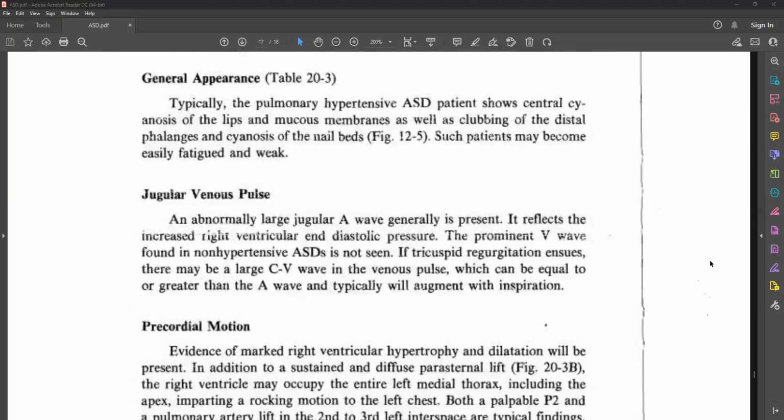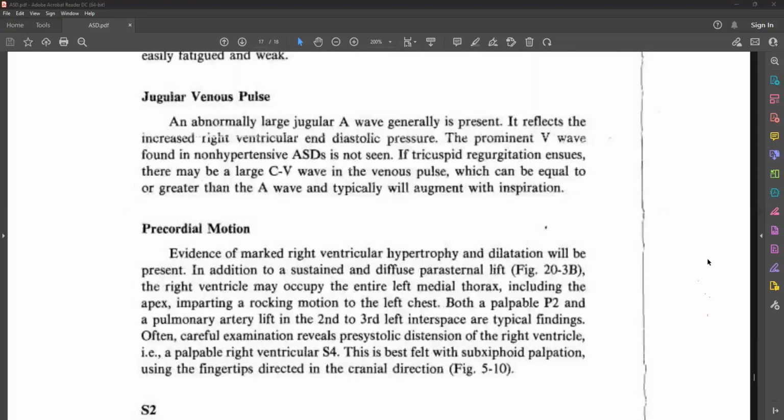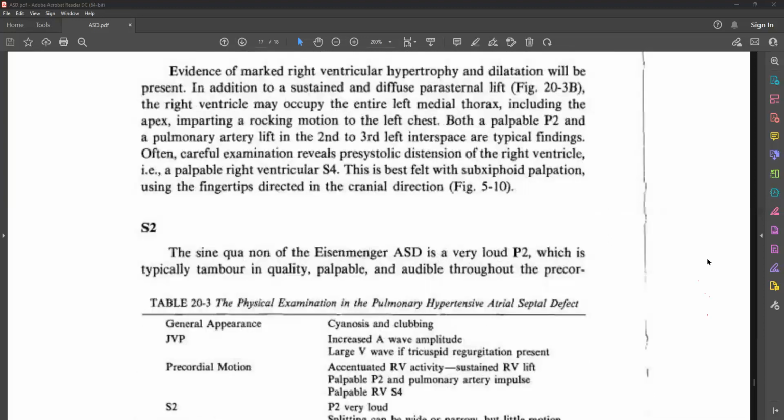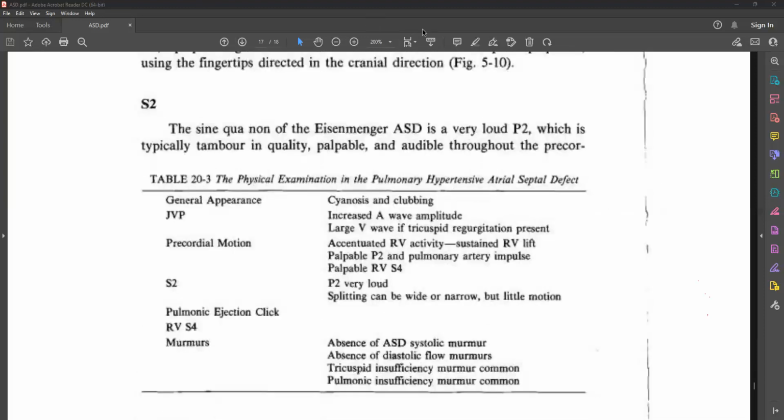Once the pulmonary hypertension sets in, the A wave becomes prominent, which is not seen in non-hypertensive ASD. So all those things are summarized in the table here. This sums up all the important things you should remember. So far I've been telling only the signs in individual patients who have